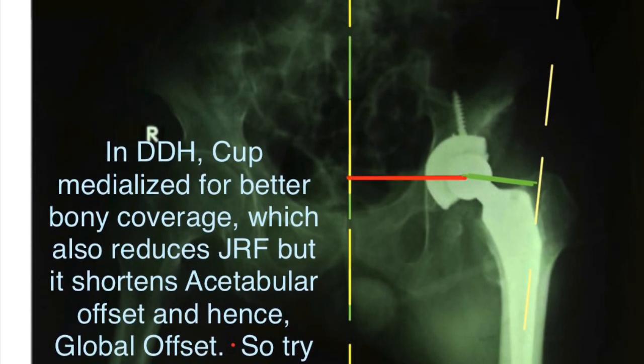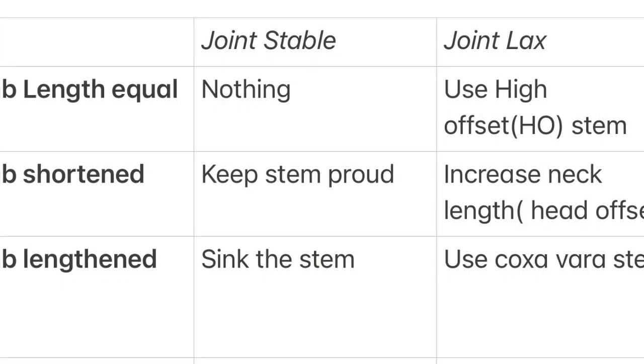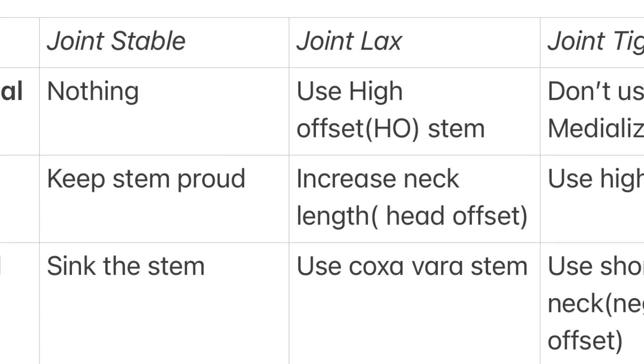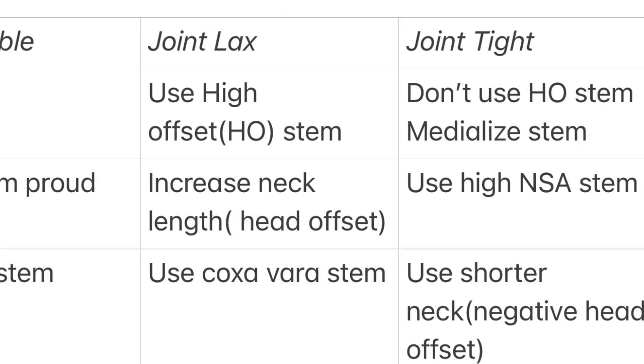Also remember, do not increase the femoral or the horizontal offset beyond the limit, because that will lead to trochanteric pain. And I'd like to say, if you're on the table and you find that the limb length has been restored and the joint is stable, then be assured that you have restored the vertical and the horizontal offset to the normal values. Thank you.